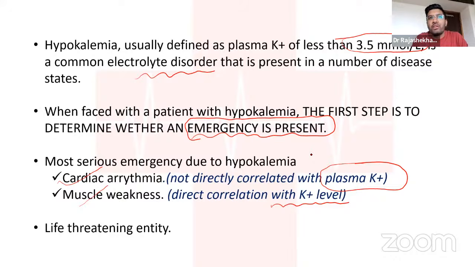Sometimes you may not have any significant past history. If the patient has a scar in the myocardium, mild hypokalemia might precipitate a serious arrhythmia in your patient. That's why this becomes a life-threatening entity. So whenever your patient comes to you with hypokalemia, the first and foremost thing to do is an ECG, to rule out cardiac arrhythmias. If there are arrhythmias, bring the potassium above 3.5 before doing anything further.